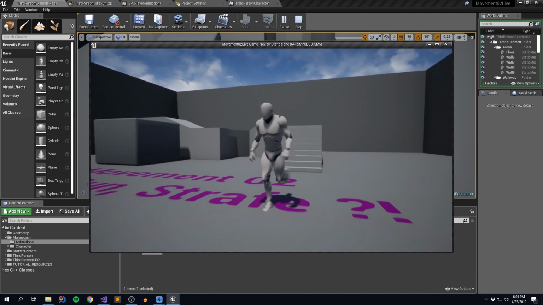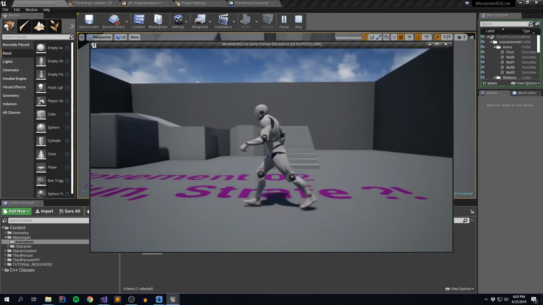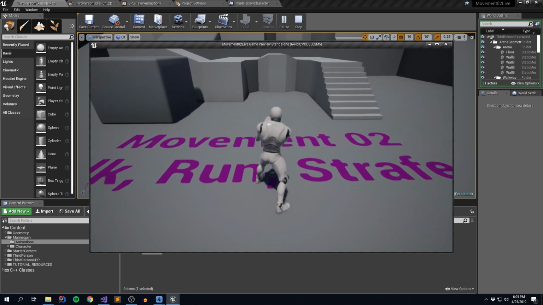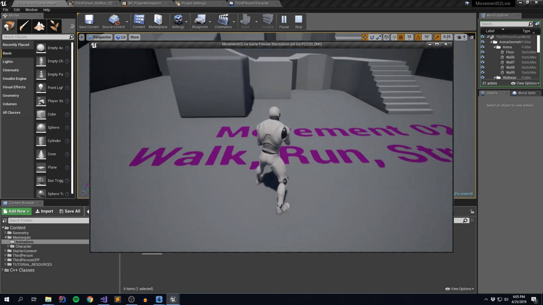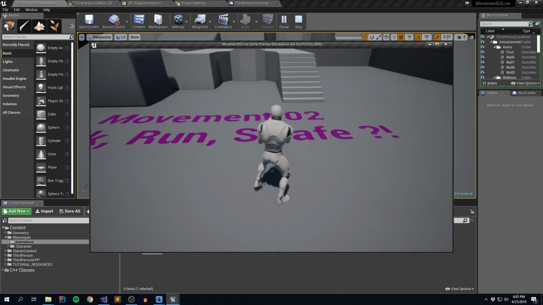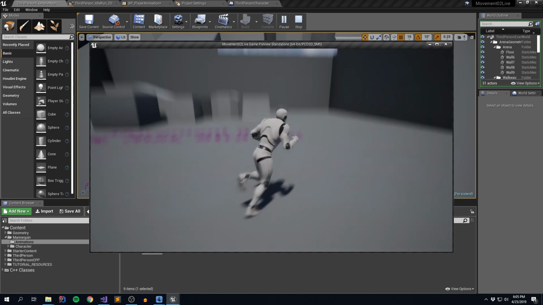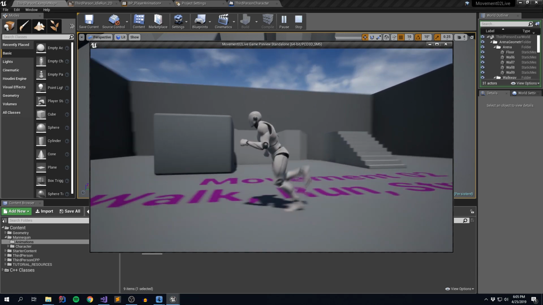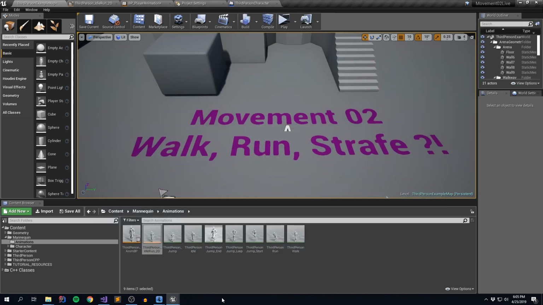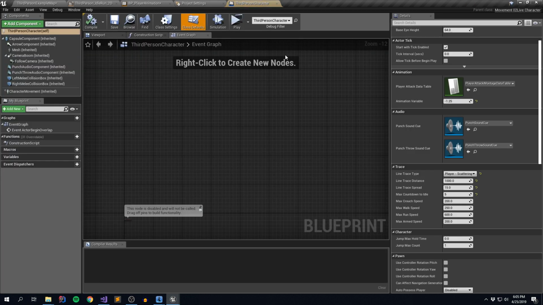So much, much better. So we have our run, our walk, and then we have our arm state that handles the strafing. Now he's still moving quite fast, so we're going to adjust that a little bit. But the running and walking is actually not too bad. Again, we have all these values externalized through our blueprint, so let's go ahead and now mess around with them a bit. So under our player character,